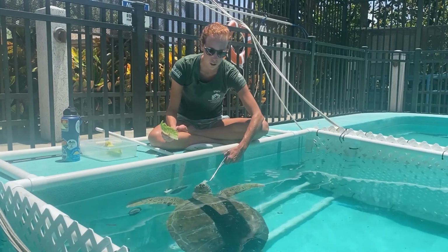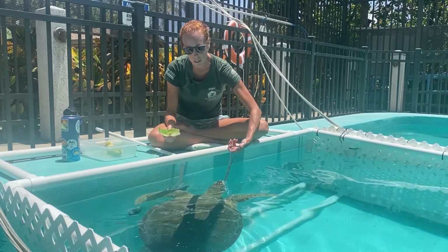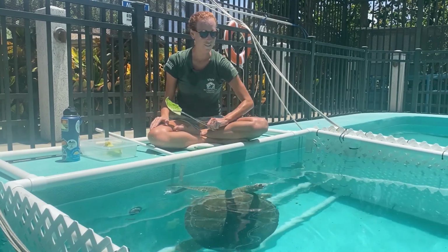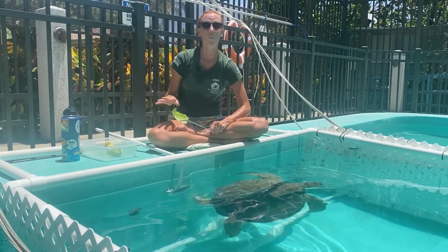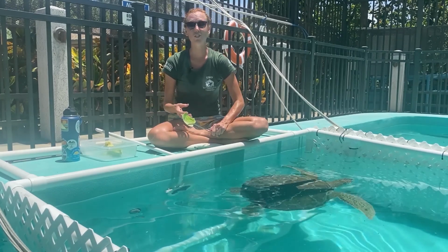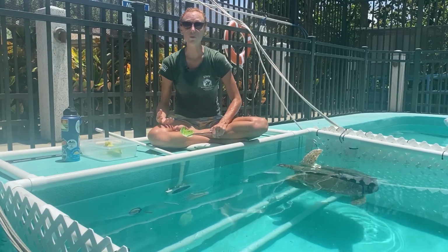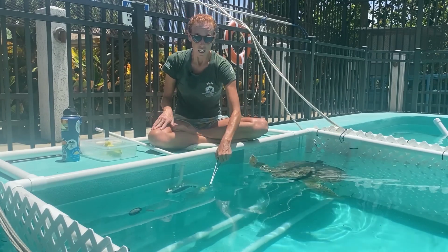So if Captain's hanging out, doing her thing, she can hold her breath anywhere from 10 to 15 minutes. If she's working really hard, she can hold her breath anywhere from 30 seconds to 2 minutes. And when she's ready to take a nap, she will actually take a big deep breath in, she'll dive down to the bottom of the pool, and she can hold her breath for up to 4 hours, which is crazy